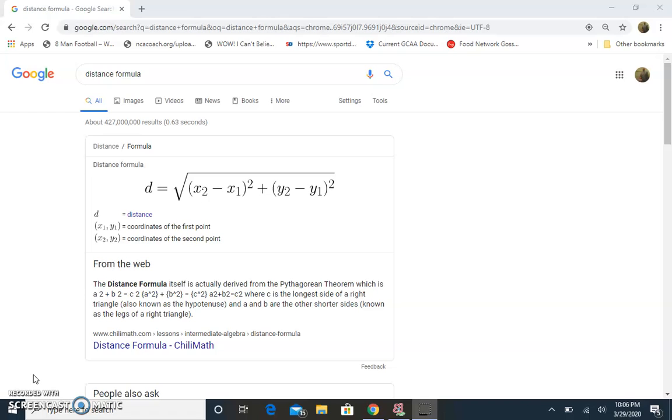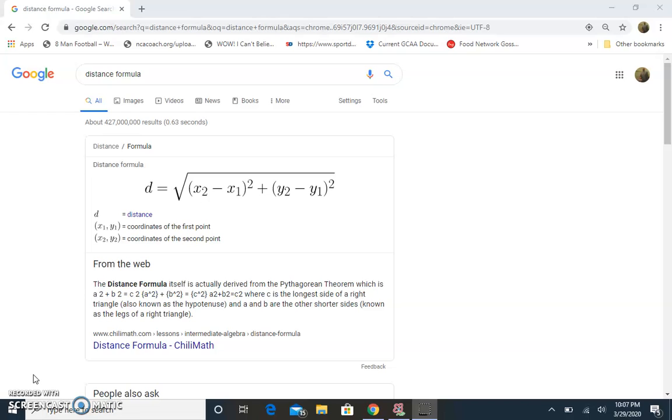The difference is, you're taking points. You're taking an ordered pair and using them to figure out the distance between those two. It's almost like you're taking the two sides of a triangle and you're going to find the distance between those two. So in the book and also on the web page that you're looking at right here, this shows you